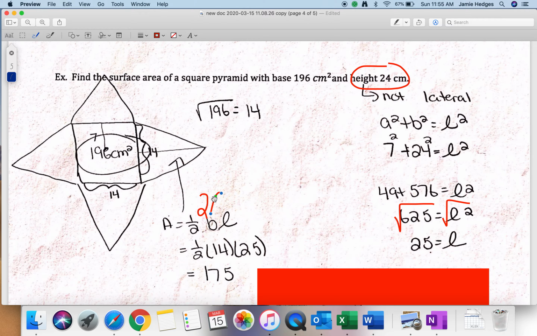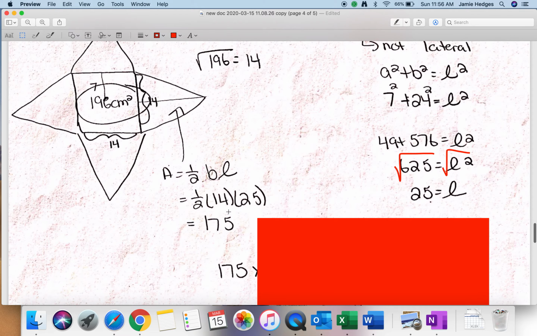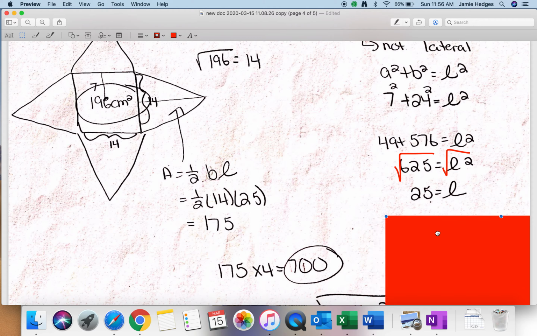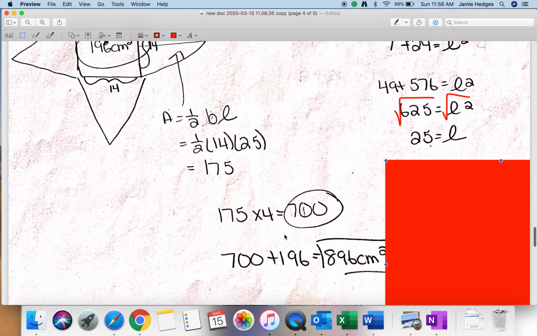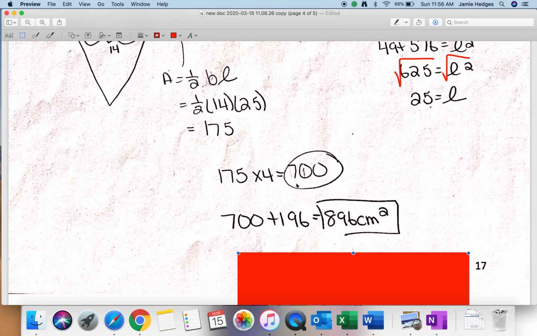Sorry, the base is not 25. So I know that the base is 14 here. So this base here is the 14 all the way across. And the lateral is 25 because I did all that Pythagorean theorem. Remember, the hypotenuse is always going to be the C squared. So that gives me 175. Now there are 1, 2, 3, 4 triangles. So that gives me 700. Almost done. The 700 from the triangles plus the 196 from the square base gives me my final answer of